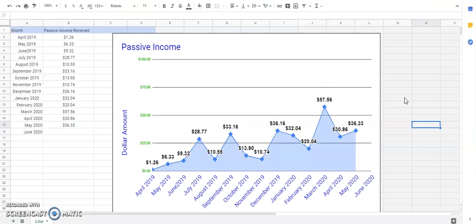Okay, so we added up all of the dividends that I received for the month of May, and the total outcome comes to about $36.33. So about $6 more than last month in April. If we look at 2019, a year back from today, we only received $6.33. So from $6.33 to $36.33, we pretty much did a 6x. We've received almost 6 times more in dividends this month than we did 1 year ago,